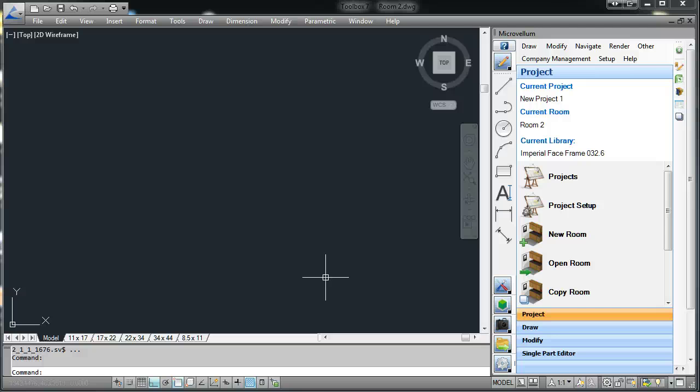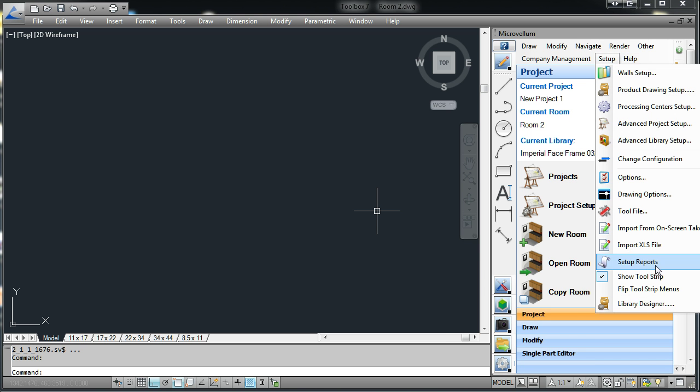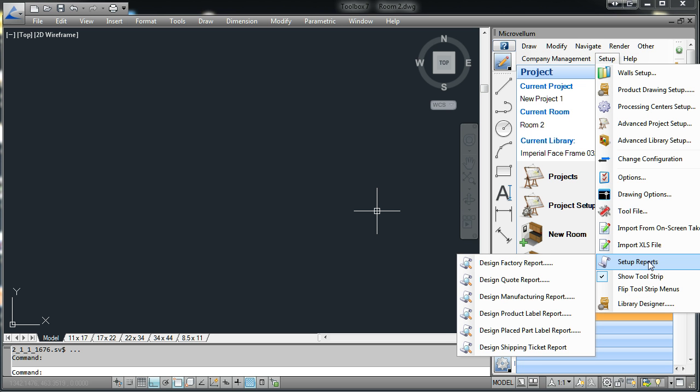For our first Microvellum reporting lesson, we're going to look at how to create a report and the report types that are available within Toolbox and Micromanager. We'll then look at creating a report and adding database tables to that report, and then how to actually access the report designer itself. So from the setup menu here, you have the setup reports menu option,